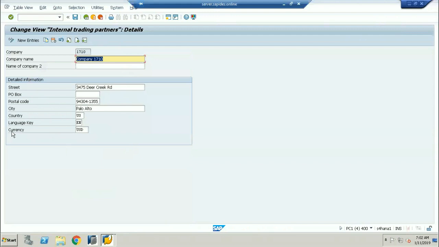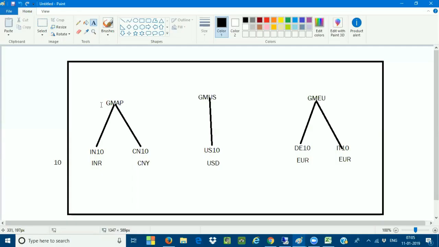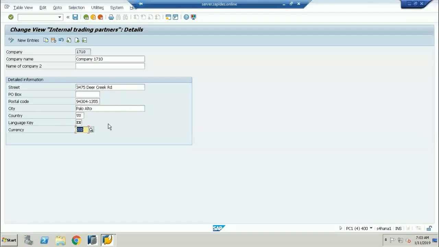In the company also, you are assigning one currency. See here, company code is different, company is different. I'm talking about the company, not the company code. In the company code, yes, I understand that these are called local currency, and the currency type is 10. But in the company, whichever company codes you assign to the company, there is also one currency field you are assigning, that is USD or euro. Then what is this currency? Is it not a group currency?